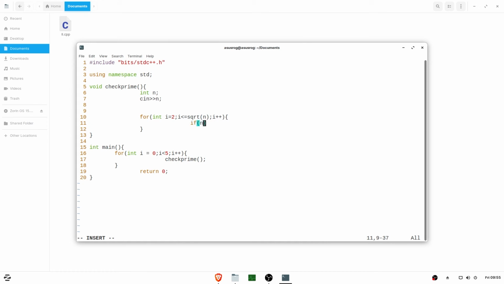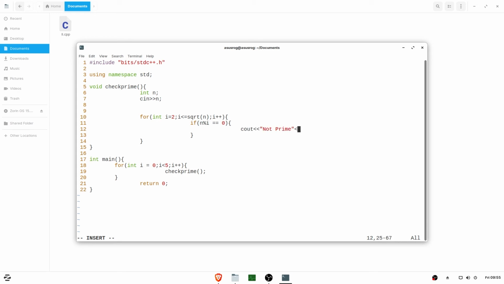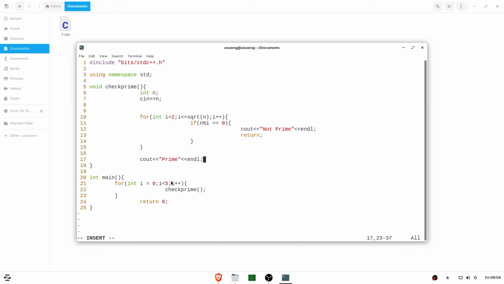Now if n mod i equals 0, what this condition states is that if the number i divides n completely, then we'll just print not prime, right, and we can directly return from here itself. And if any of the numbers fails to satisfy this condition, then the number should be prime. So that's it about the code, and I think the code is fine.